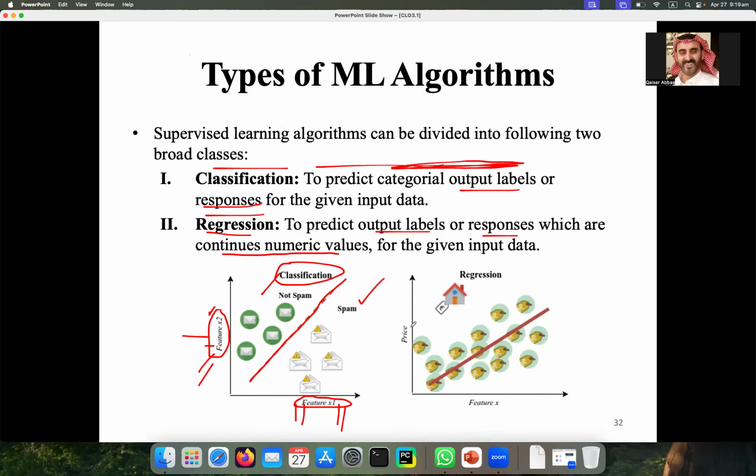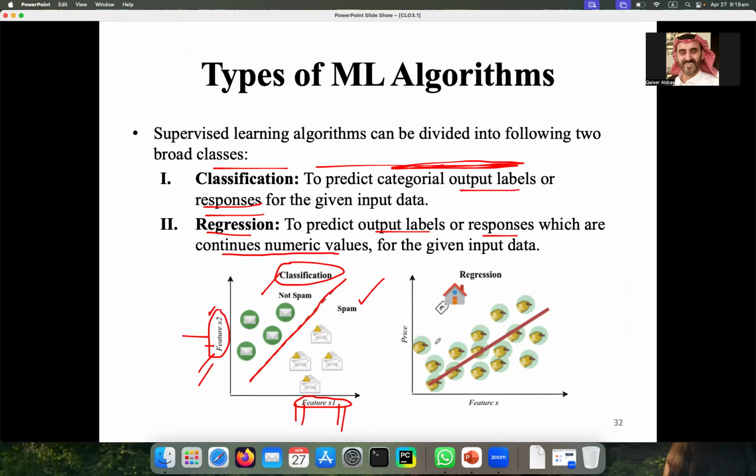For example, if you want to predict the price of a house in Medina, maybe the rent amount, because now the prices are quite high. I don't know whether you are interested or not, but we are always searching to rent a cheap house or something like that.